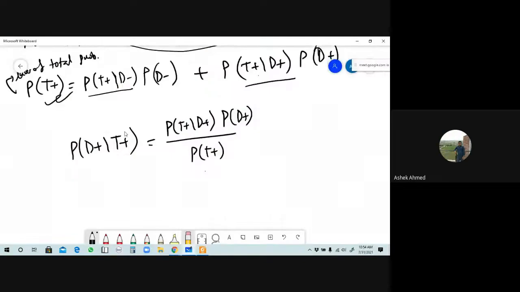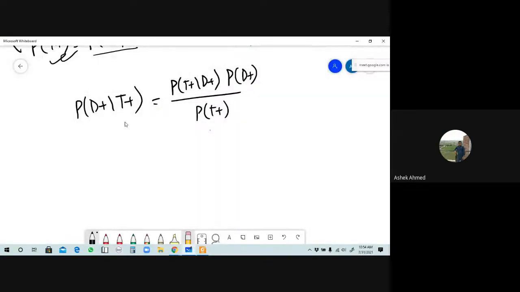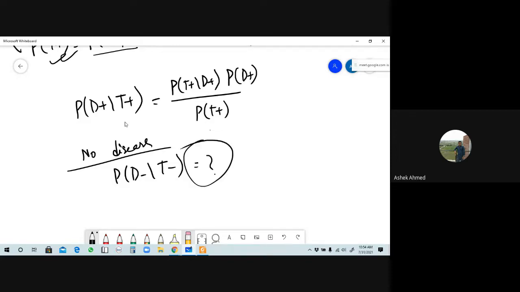No disease means probability of D minus given T minus. Understand? তাহলে এটা তোমরা ফাইন্ড আউট করে ট্রাই করবে এই ম্যাথের ক্ষেত্রে। ওকে, কিভাবে বের করতে হয় সেটা তোমরা একটু নিজে ট্রাই করো। ওকে, আমি যে মেইন টার্মটা দেখে লিখে দিলাম সিম্পলটা। ওকে, ফ্রম হিয়ার আই থিঙ্ক ইউ ক্যান এবল টু ফাইন্ড আউট দিস রিজাল্টস।